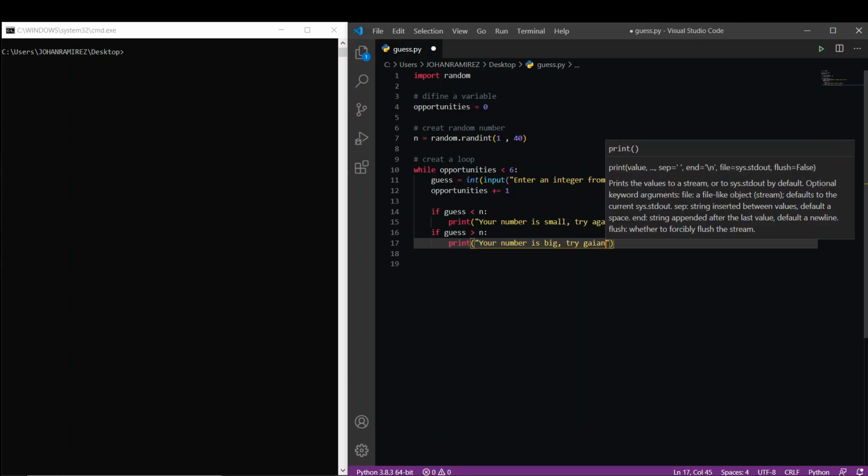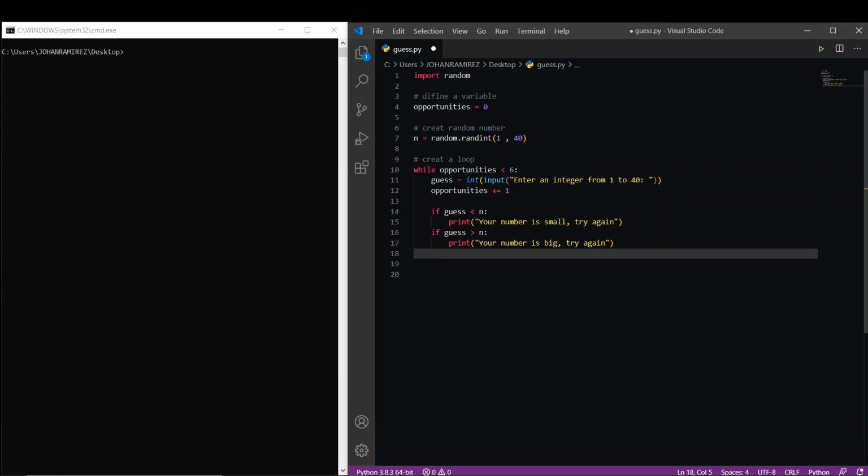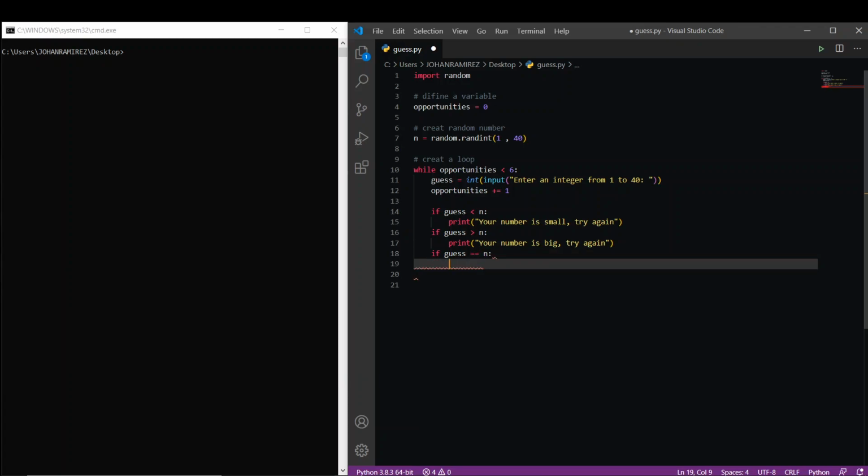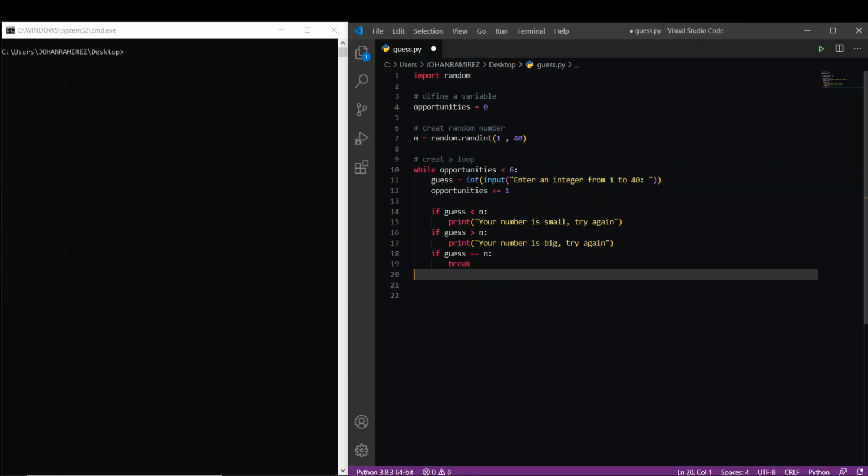Try again. And if guess is equal n colon, break,